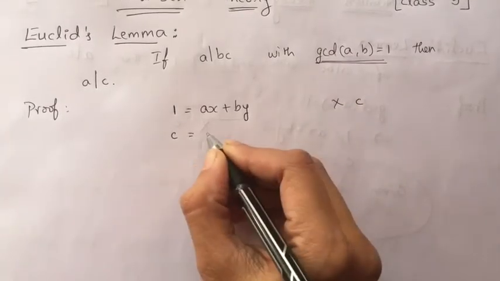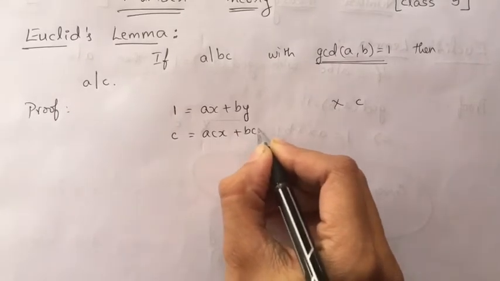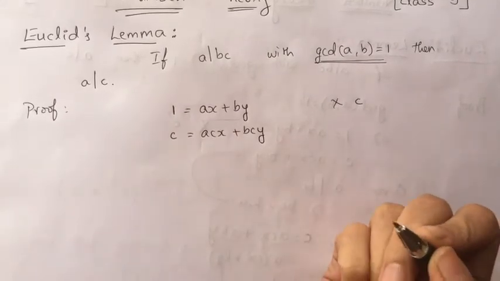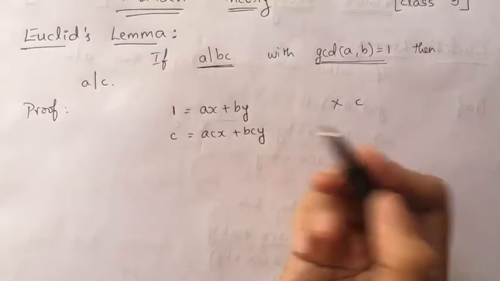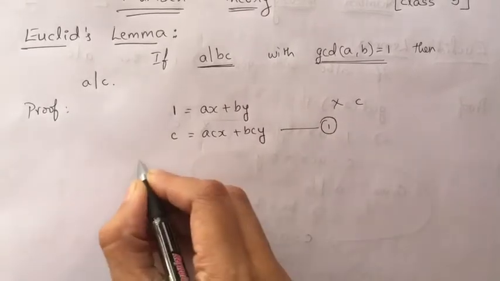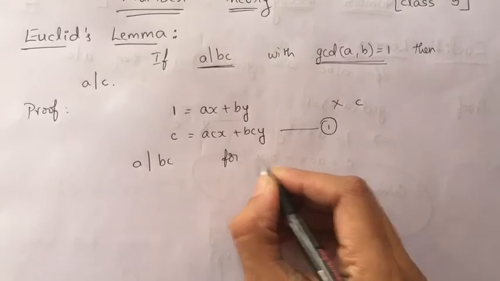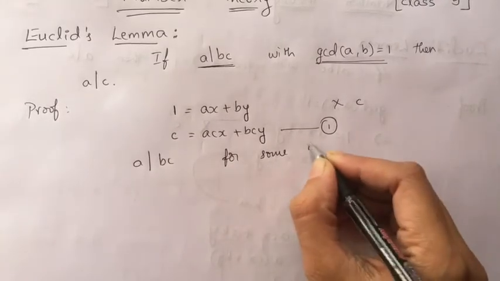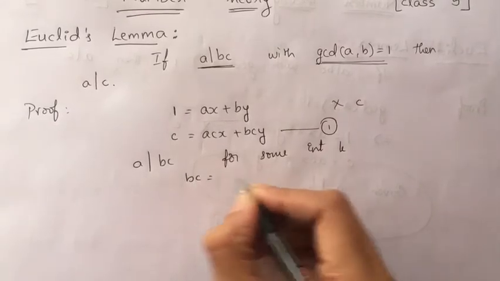Now I'm getting c equal to acx plus bcy. And it is also mentioned that a divides bc, right? A divides bc. So for some integer k, I can write bc equal to ak,